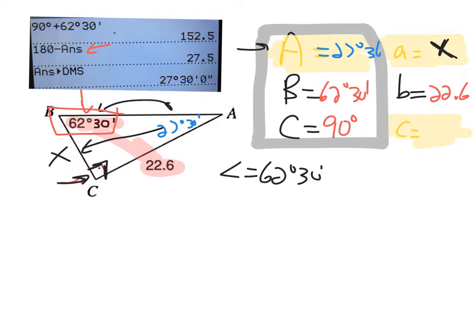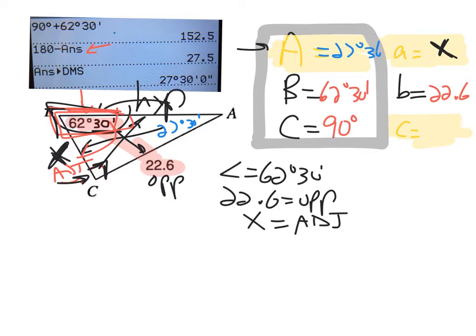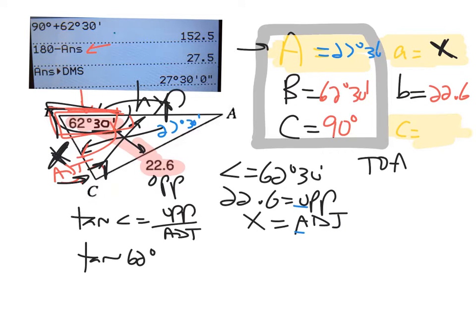I'm going to label my triangle, so my right angle, opposite is the hypotenuse. Here is my angle, so opposite is 22.6. And I'm trying to find x, which, since this is my angle, is going to be the adjacent side. So I label my information. I'm using SOHCAHTOA because there's a right angle. Here I have the O and the A of SOHCAHTOA, so that's going to be the tangent. The tangent of an angle equals opposite over adjacent. So the tangent of 62:30 equals the opposite, which is 22.6, over the adjacent,